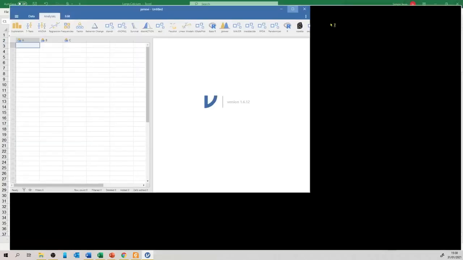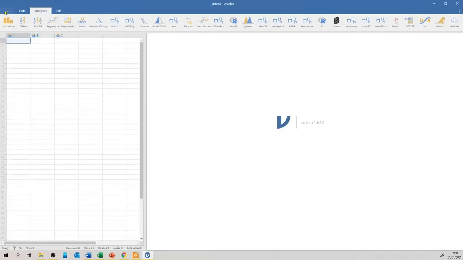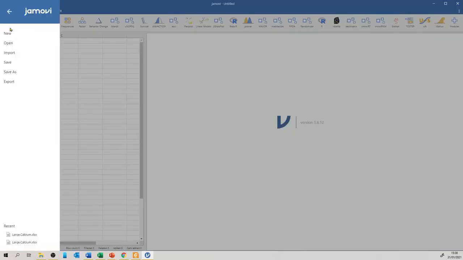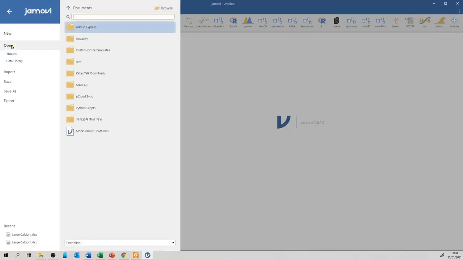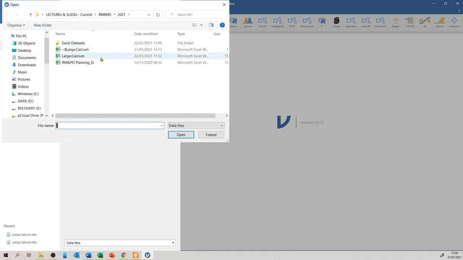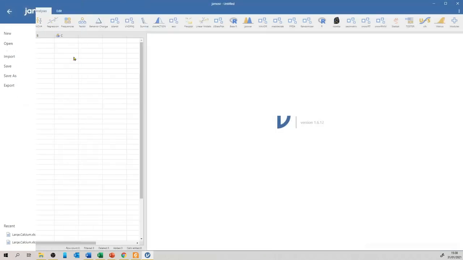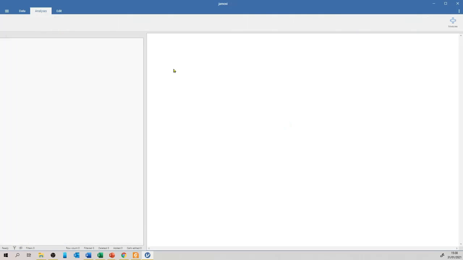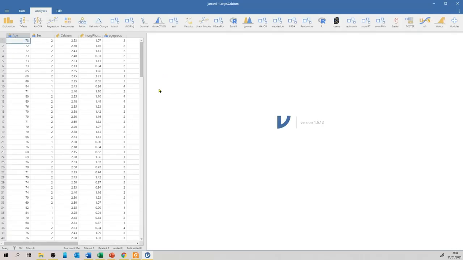And so you can actually open any Excel file directly from Jamovi by clicking these three lines on the left. Click open and browse. Then you just need to locate the Excel file to open. Then it opens up right away, even though you need to do something before you do any analysis on the